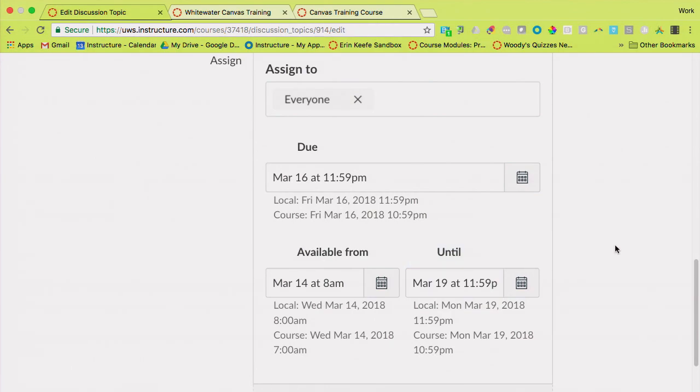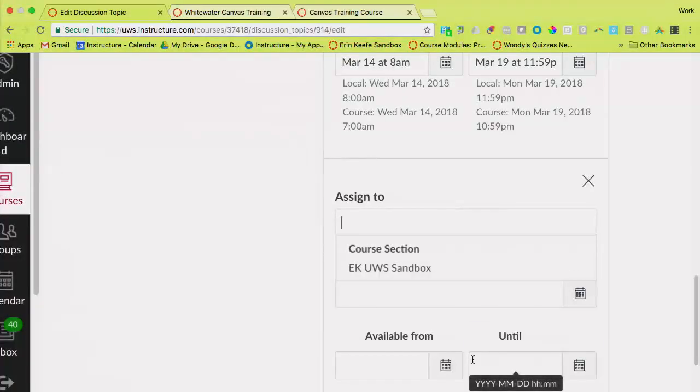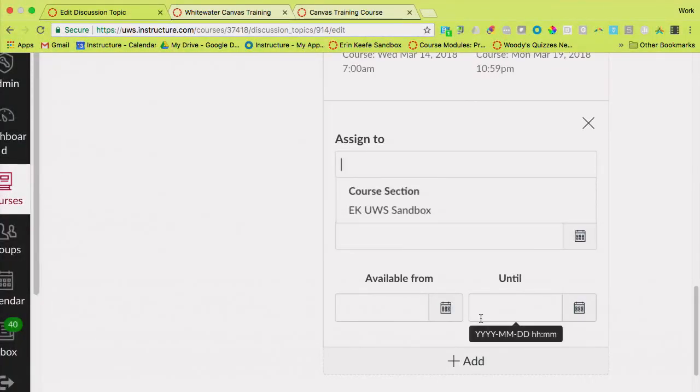It'll be in red when I look at it in the SpeedGrader. And then it'll also turn the cell in my grade book a different color to let me know that it's been turned in late. So I'll get a lot of visual cues. But then after that, you see this plus add button. So maybe there's someone in my course who gets a differentiated due date. Like every time I do a discussion, they get an extra day. So I'm going to be able to type that student's name or a group of students' names in there, give them their very own due date.